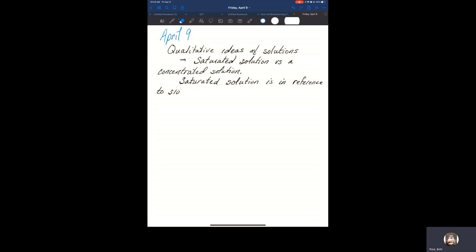Let's see if I can spell that correctly this morning. Solubility. Solubility limit or a saturated solution